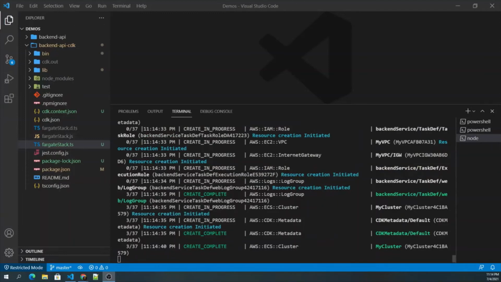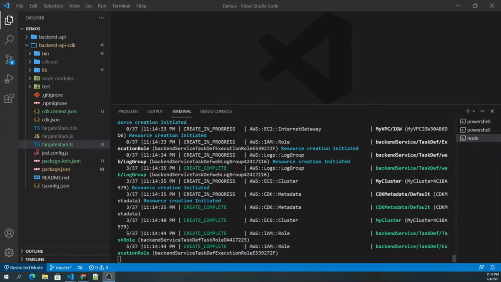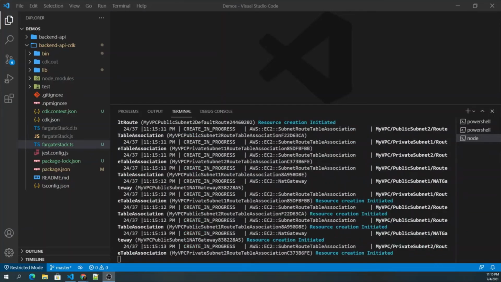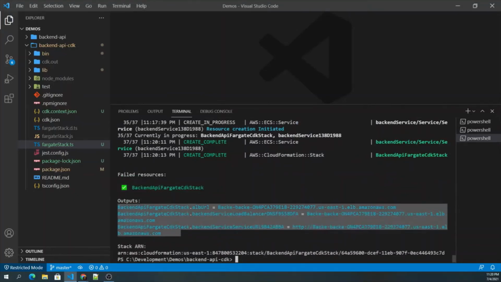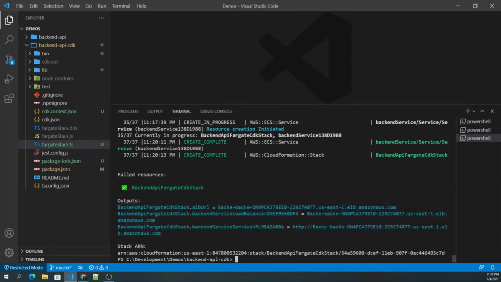As you can see, it's provisioning internet gateways, VPCs, roles, log groups, clusters. It has completed the deployment and it has output the load balancer information. So I'm going to copy the load balancer URL